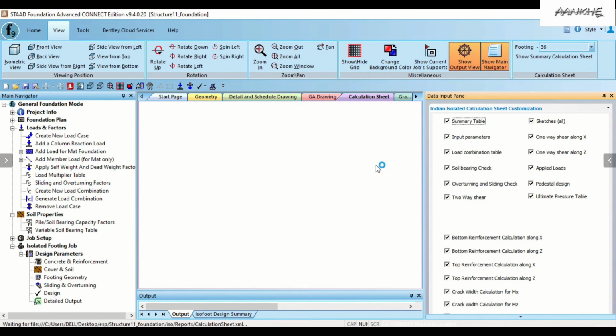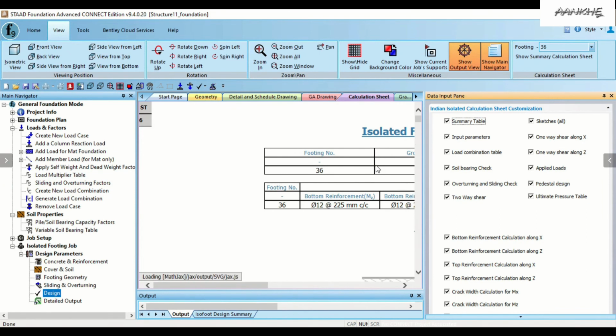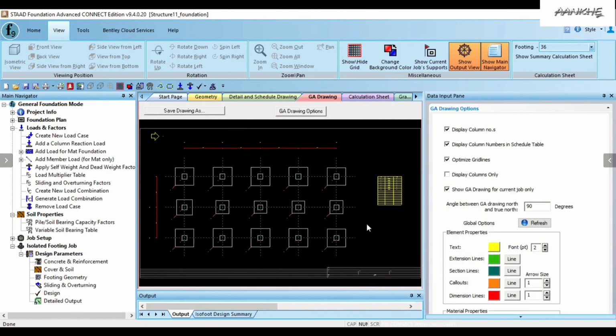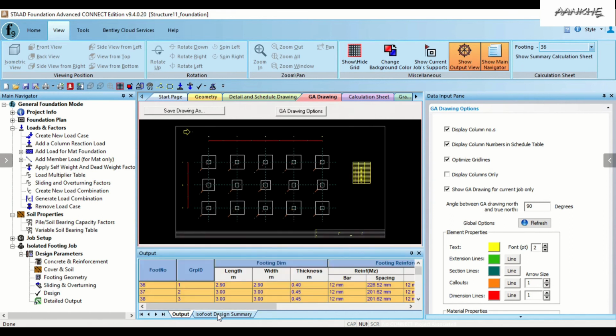So it seems that the calculation is completed. Let us close this one. This is showing the checks here. You can go to the GA drawing here, or you may take it a little bit upwards, and you can click isolated footing design.